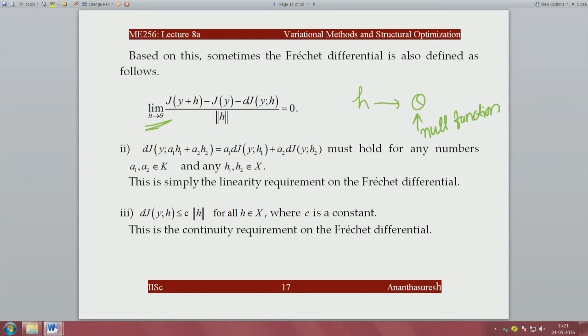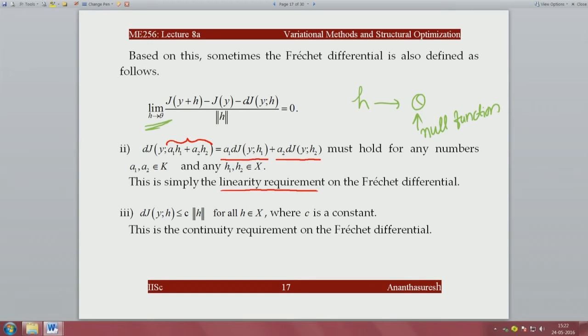So, that is another way of defining Fréchet differential, and this Fréchet differential, unlike Gâteaux variation, is linear. Meaning that if we take h1 and h2, let us say we have a Fréchet differential, let me change the color. Here, if you notice, we have not just one h, we have a1 h1 plus a2 h2, then you can write it as a1 times the Fréchet differential of h1, where h1 is an arbitrary function, plus a2 times the Fréchet differential of h2. So, this holds, that means linearity holds for the Fréchet differential,